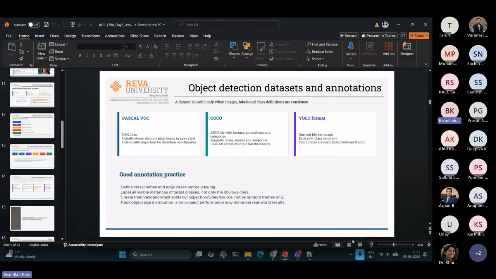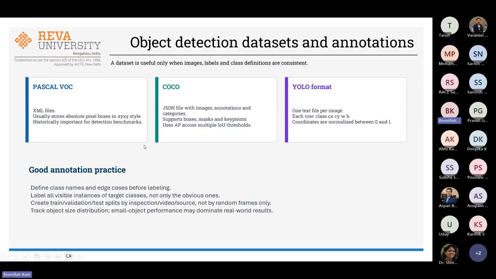I think let's continue. I think we touched upon this already. So there are three major file annotation formats. Pascal VOC has historical significance because I think this was the first format, but then later it evolved into COCO. COCO became more widely used than Pascal VOC, but all the latest modern object detection, which is based on the YOLO framework, uses the YOLO format. So they use different file